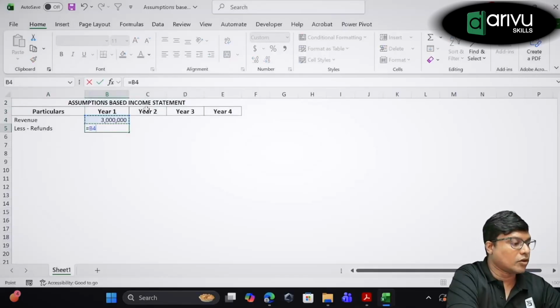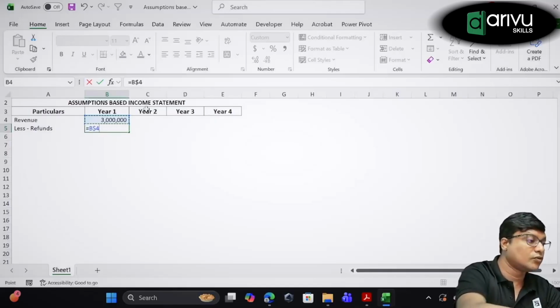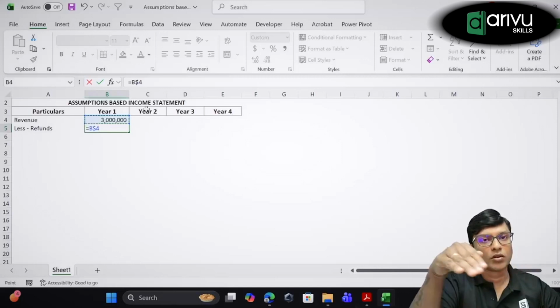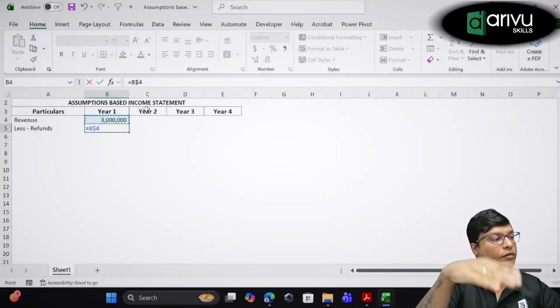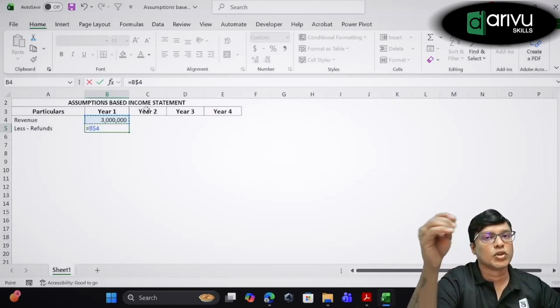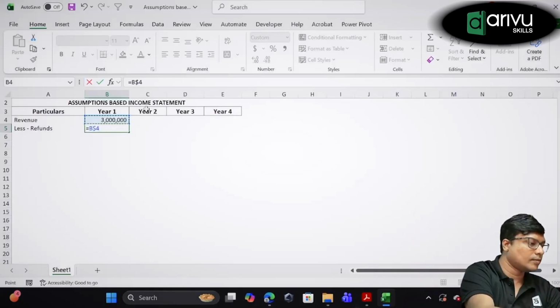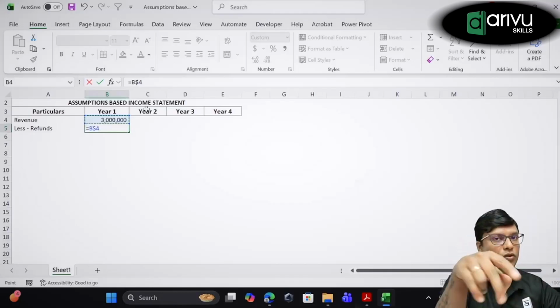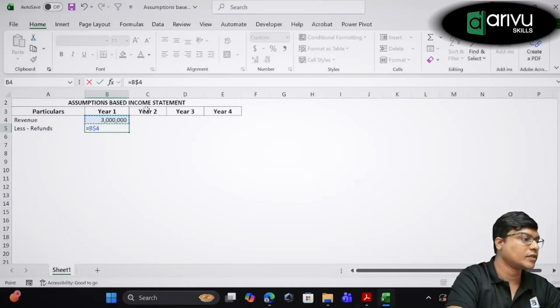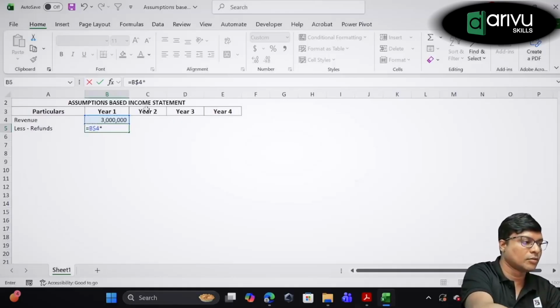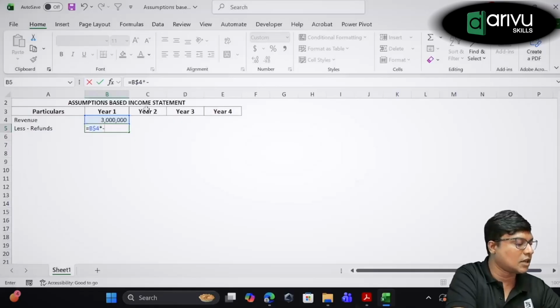So select the above revenue, lock it 2 times. Why we are freezing is, here the row will remain constant for all the 4 years. However, the columns are changing. So due to which I'm freezing the row and not the column. So use the function key F4 on your keyboard to lock it or to add the dollar sign in between. So press function key F4 2 times so that the dollar sign will be added, then use the minus sign